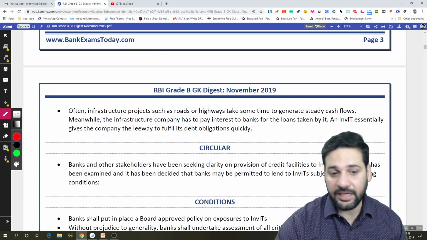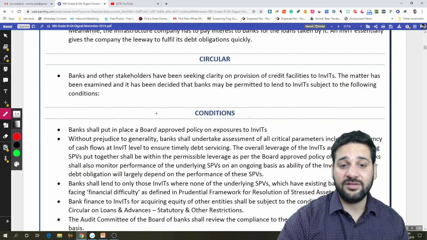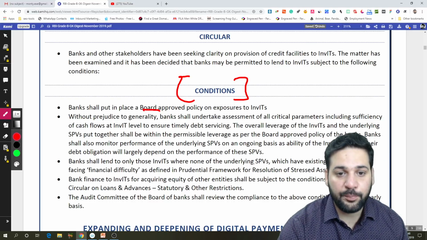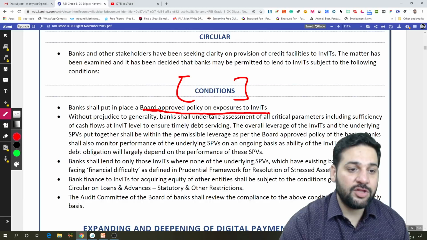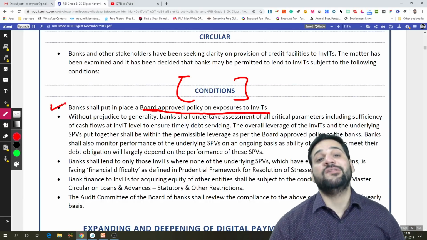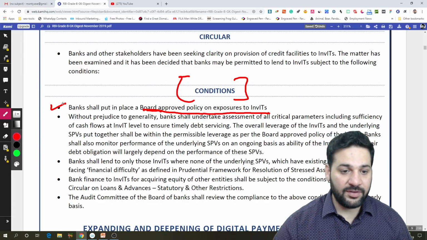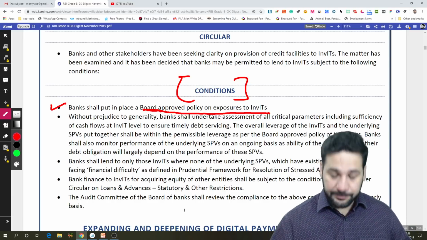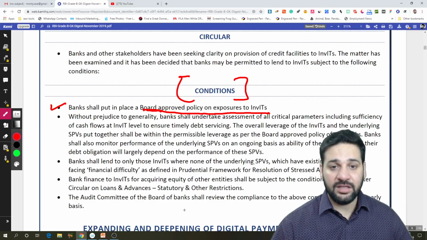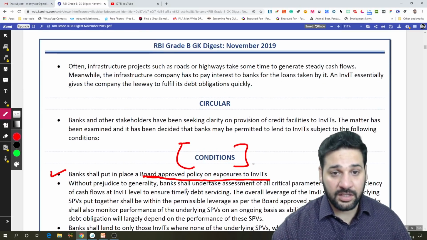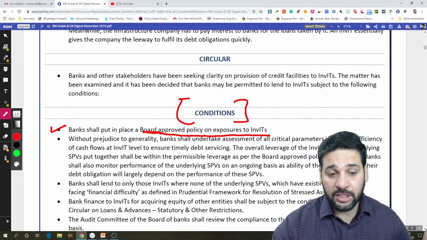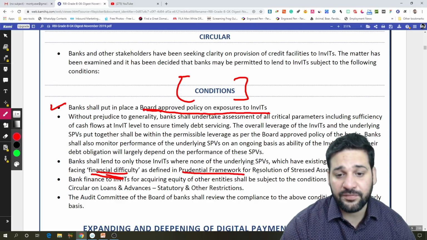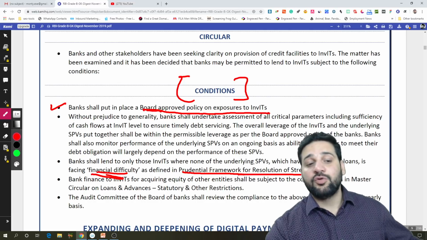Now there are certain rules regarding this, certain conditions that RBI has imposed. These are the conditions, really really important. The bank shall put in place a board-approved policy on the exposure. So there should be a proper board-approved policy, and those policies should be adhered to, should be followed. That one is important, and the most important point here is that the bank shall only lend to those trusts under certain conditions. If there is one loan by these infrastructure investment trusts which is classified as financially difficult according to the prudential framework for resolution of stressed assets, then further loans won't be given to that particular